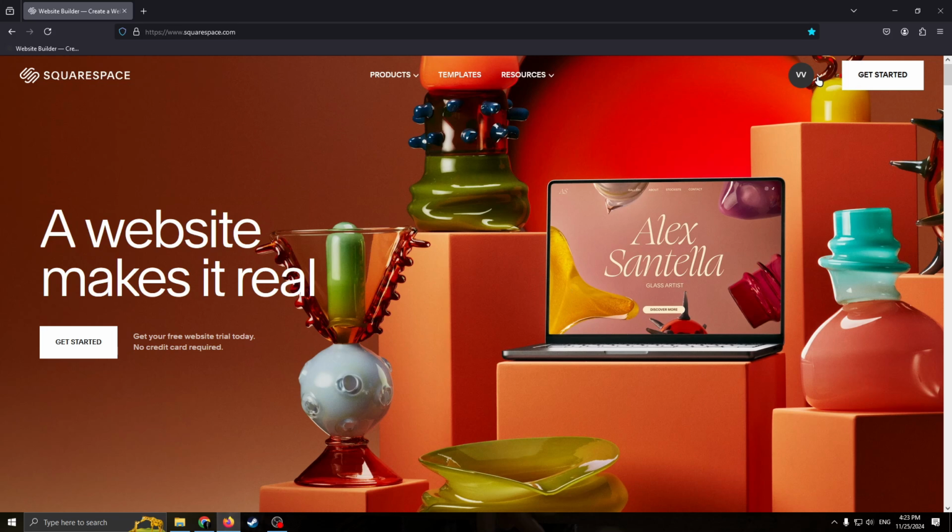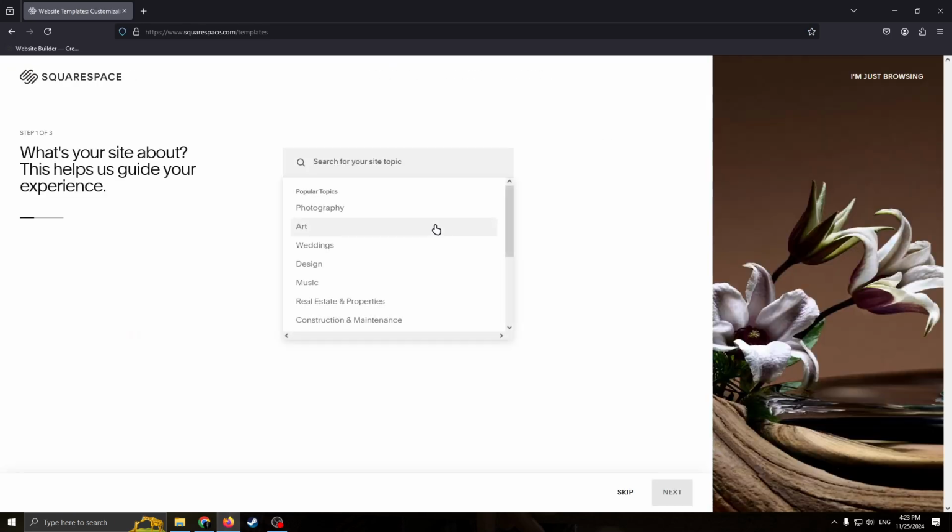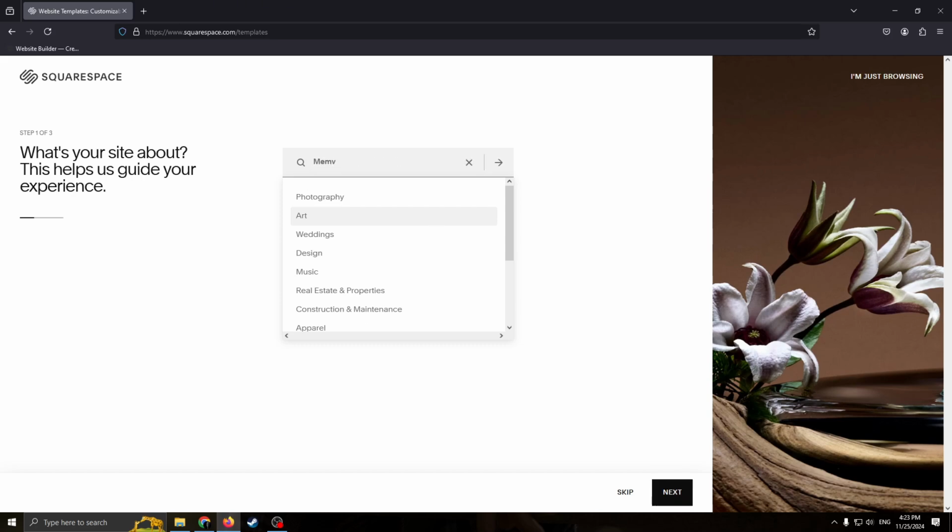First of all, you need to create an account or log into your account on squarespace.com. As you can see, I already did it, I'm in my account. Next you just need to click this button, Get Started. Now we need to choose what type of website you want to create, what your site is about. We need the membership website, so just type membership